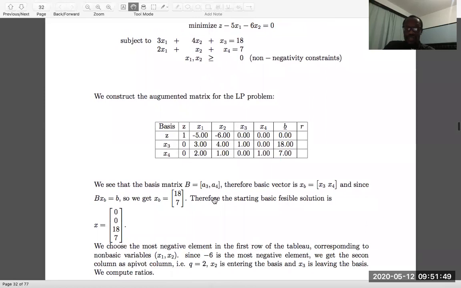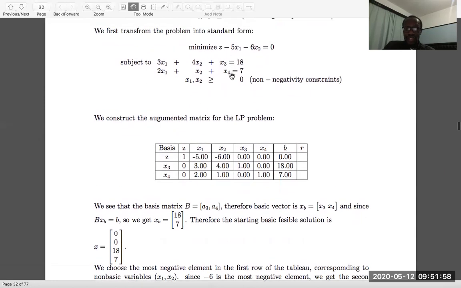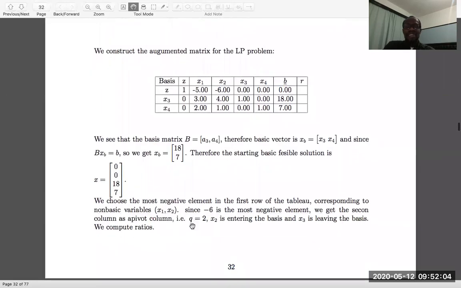If you read your initial basic solution, you just look when everything else is 0. Of course, what did you introduce here? You introduce x3 and x4. So that's 18 and 7. That's why you have them, and this is your basic solution. Then you find the biggest negative, that is 6. Because that's a 6, you know that it is this column where you are going to make